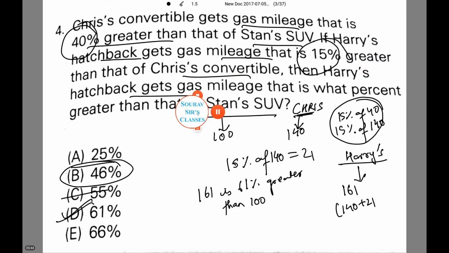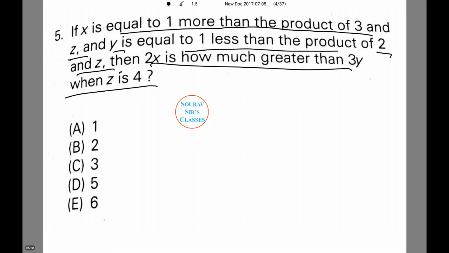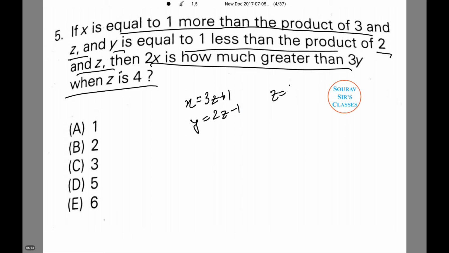Let's see another question. X is equal to 1 more than the product of 3 and Z, and Y is equal to 1 less than the product of 2 and Z. Then 2x is how much greater than 3y when Z is 4? Now let's start by translating the two original equations, that is x equals 3z plus 1 and y equals 2z minus 1. Now if z is equal to 4, then x is equal to 13 when we put these values